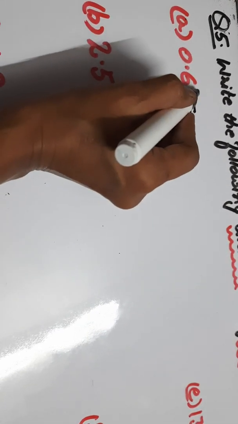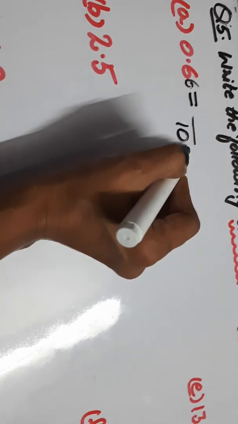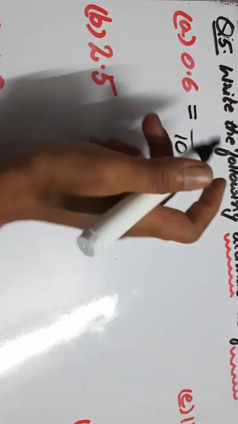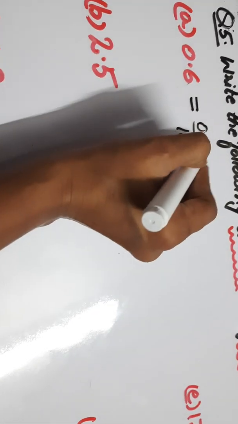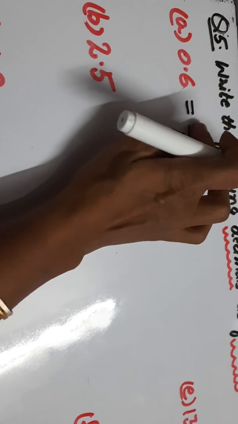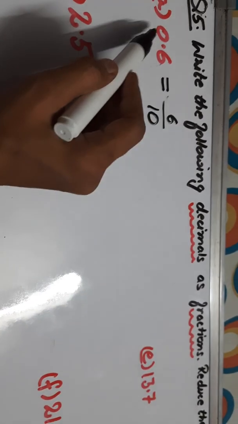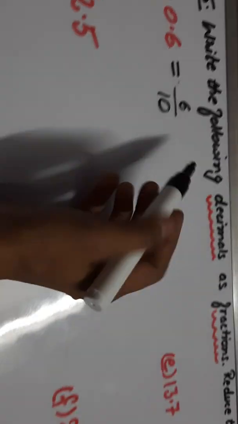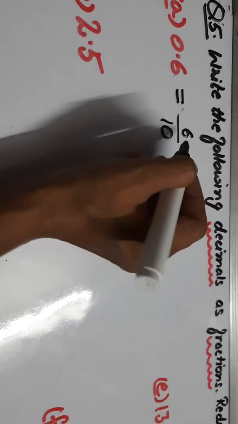If there are two digits like 66 here, then after decimal 2 are there, we'll take 100. So like this. Because single digit is there, in the denominator we'll take 10 and 06. 06 means 6. Okay, the 0 in the beginning has no value. So now this is the first part we have done, decimal into fraction. Now what we have to do, reduce the fractions to lowest form also. To reduce it into lowest form, you have done in your previous class, dear students.